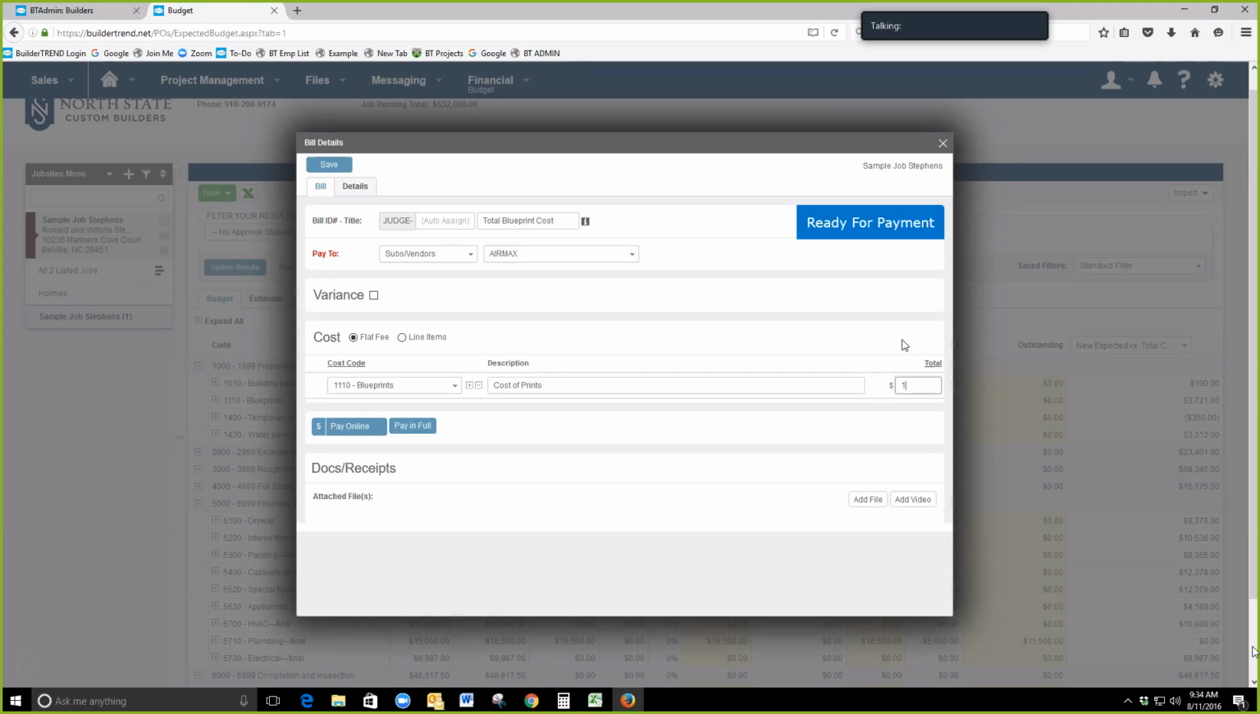And maybe it costs $115. So if we had an invoice or receipt from them, we could attach it right here. We could even do a bill right from our phone using the Builder Trend app. So let's say we go and pick up the blueprints, we have the receipt in our hand, snap a picture, attach it to a bill, and just basically give it a cost code so it can flow through our financials,